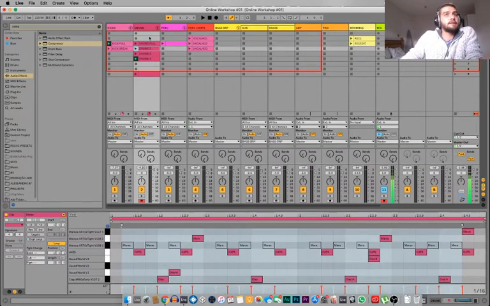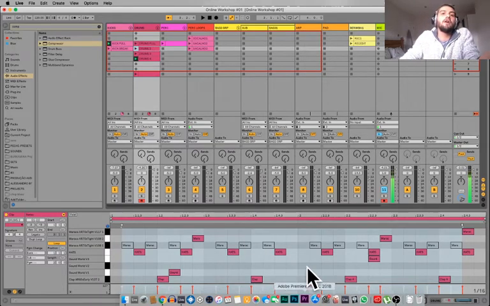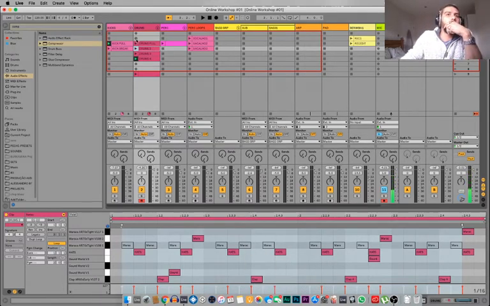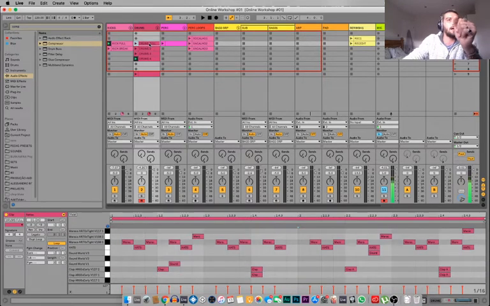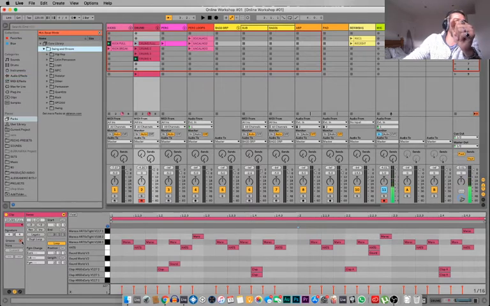Something really nice to do at this point as well would be to add groove to this. What that means is obviously we've sequenced our drums. We haven't played them, so they're quite mechanical at the moment. What you can do is basically if you come to the MIDI clip, right over here where it says clip, you've got groove, and when we press that button,